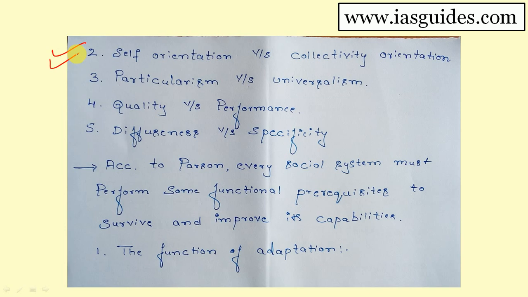His satisfaction, his pleasure, that only he thinks. He does not think about society. Self-orientation. And when it comes to collectivity, definitely he thinks about society. Examples we can give. For self-orientation, we can give the example of a salesman. See, salesmen are expected to tell lies about their product, not completely, because he has to sell his product. He will tell all high-flown things about the product to sell it. Profit oriented. And for collective orientation, we can give the example of a doctor.